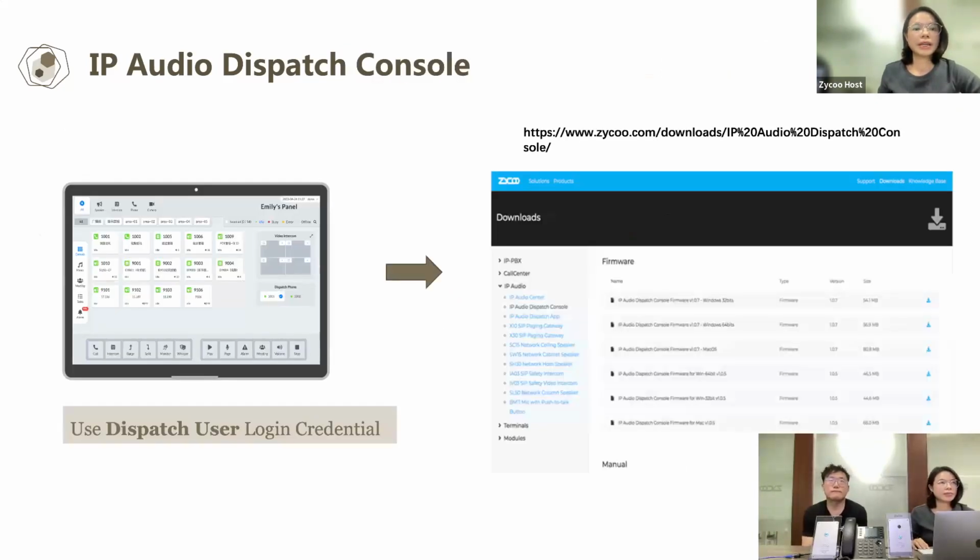Oops, let's go back here. And then the next application we have is the IP audio dispatch consoles, which is a software application. It is available on both macOS, Windows, and also Linux. The Linux version is not available on the website, but the macOS and Windows versions are. If you need the Linux version, please drop us an email and we can send it to you